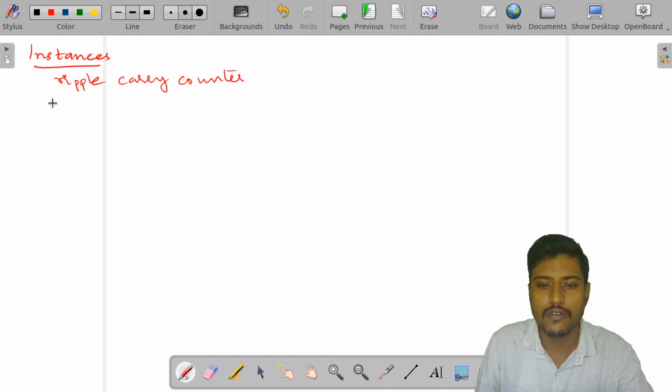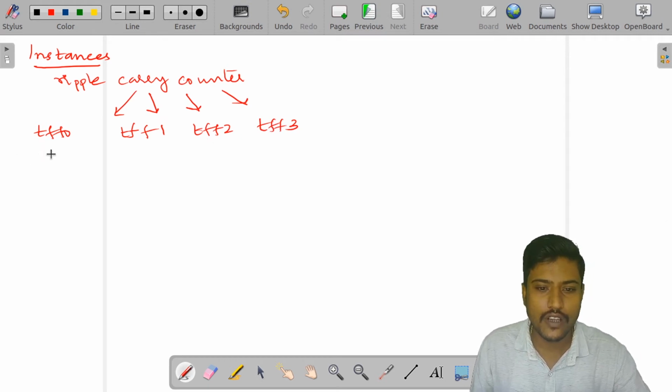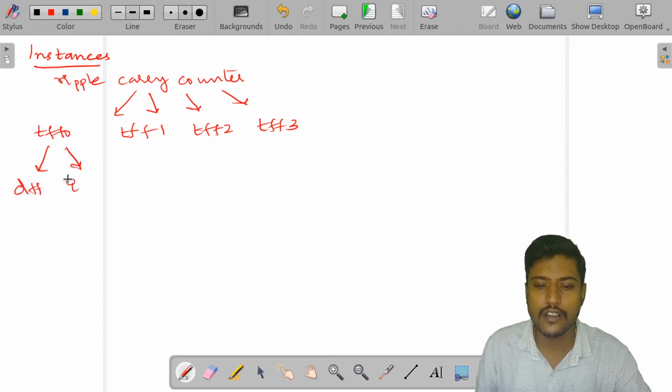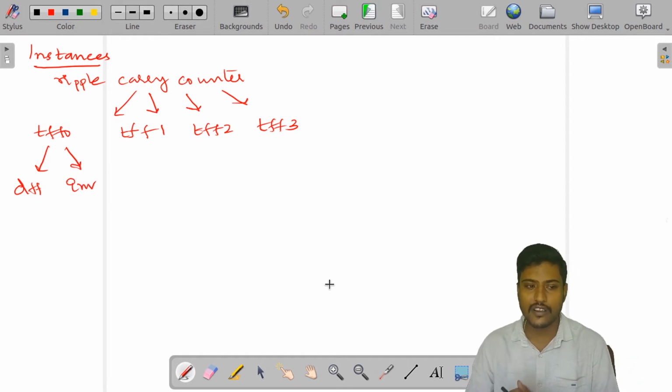So, basically what we had for the ripple carry counter, we were having 4 different T flops. Let me name these T flops as TFF0, TFF1, TFF2 and then TFF3. And we know that each T flip flop is made up of what? It was made up of a D flop and an inverter. Okay. So, how can we write this program?